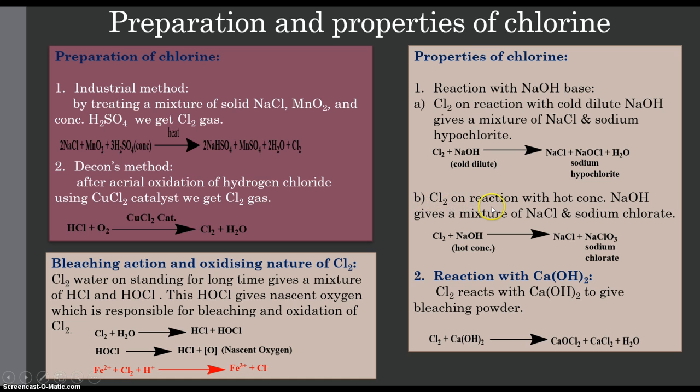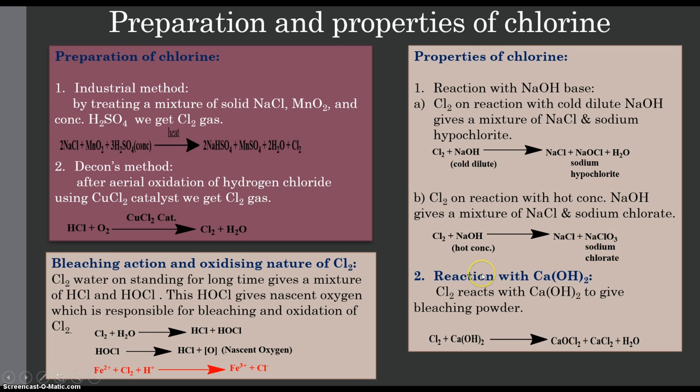Secondly, when chlorine reacts with hot and concentrated NaOH solution, a different product is obtained. The product is a mixture of sodium chloride and sodium chlorate. This is a slight difference you have to look at. Here chlorine is reacting with cold dilute NaOH to give a mixture of NaCl and NaOCl. Here chlorine is reacting with hot and concentrated NaOH to give a mixture of NaCl and sodium chlorate,